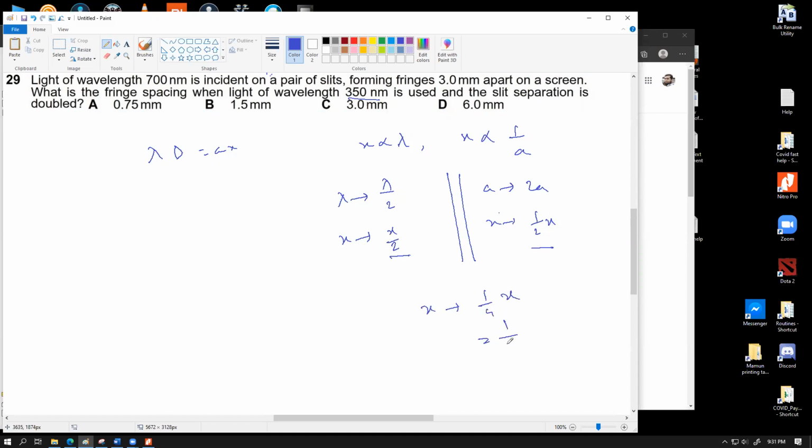x। সো তুমি এখান থেকে সরাসরি 1/4টা বসায় দাও, 1/4 into 3.0, that also gives you 0.75 মিলিমিটার। এভাবেও করতে পারো বেসিক প্রপোর্শনালিটি কনসেপ্ট দিয়ে। বললাম বুঝছো কি এখানে ঘটনাটা কি ঘটছে? জি স্যার, বুঝেছি। ঠিক আছে? যেটা তোমাদের কাছে ইজিয়ার মনে হয় বা যেটা টাইম সেভিং মনে হয়, পরীক্ষা হলে যেটা মাথায় হঠাৎ করে আসে, if you know both of them, this is always helpful, but whatever you feel comfortable, ওটা দিয়ে ট্রাই করতে পারো।